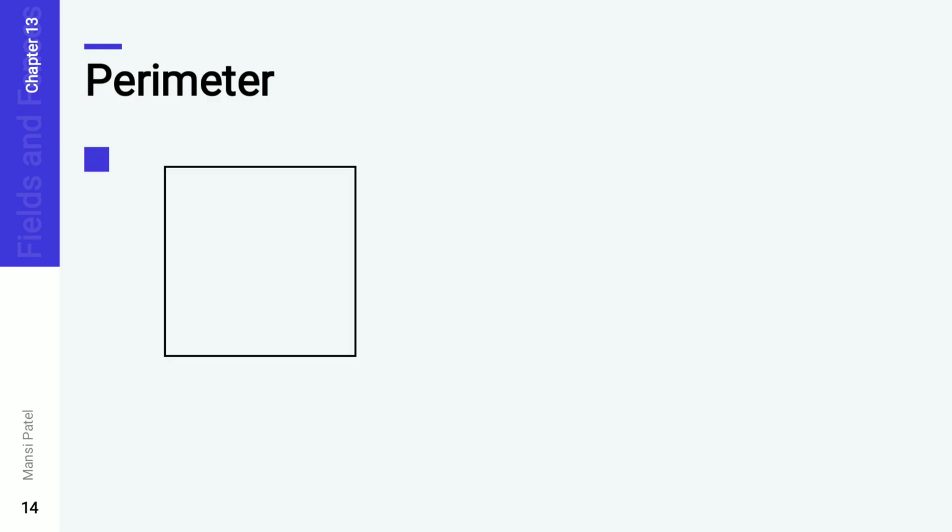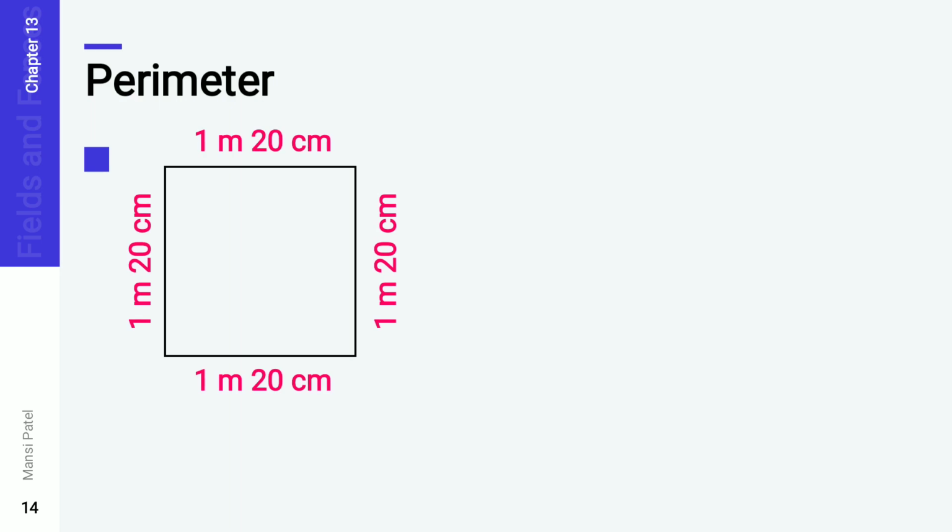That is the square, and the measurement of this square is 1 meter and 20 centimeter. Now, in this question, they were given two units to you. They were given meter also and they were given centimeter also. So, what we have to do first? First we have to convert this big unit into small unit.